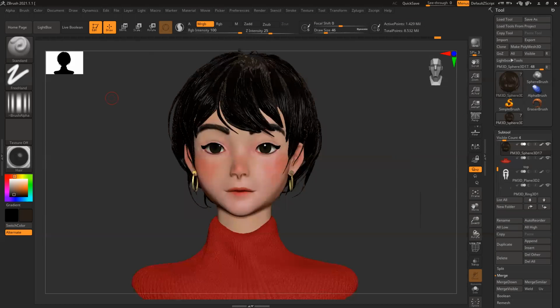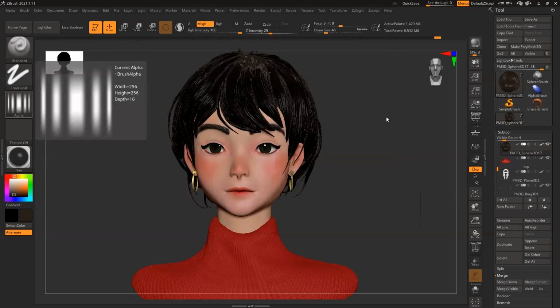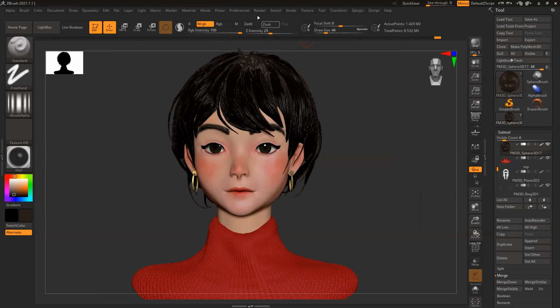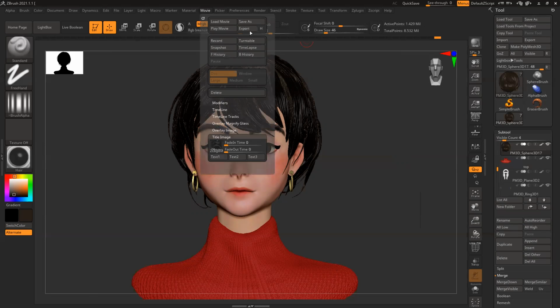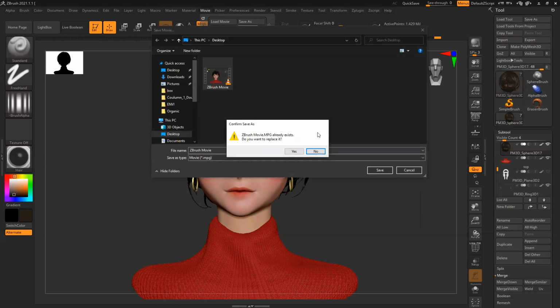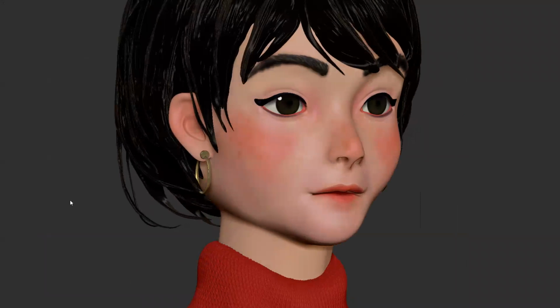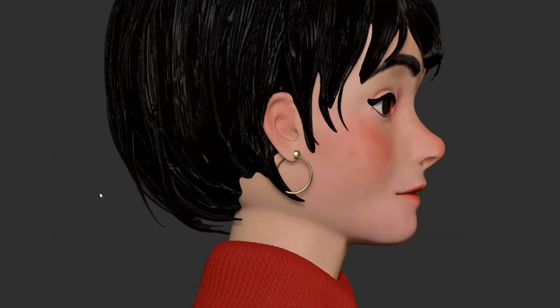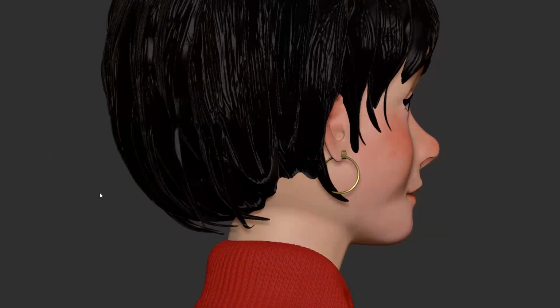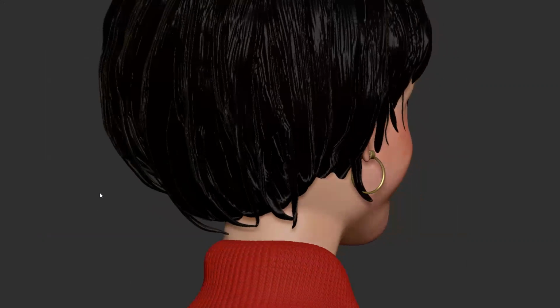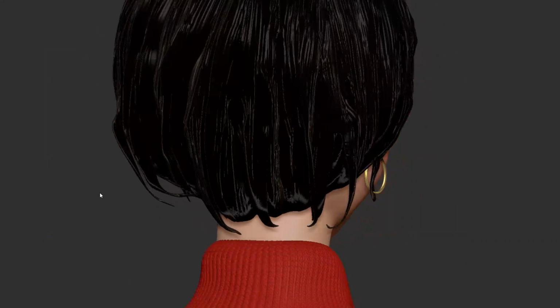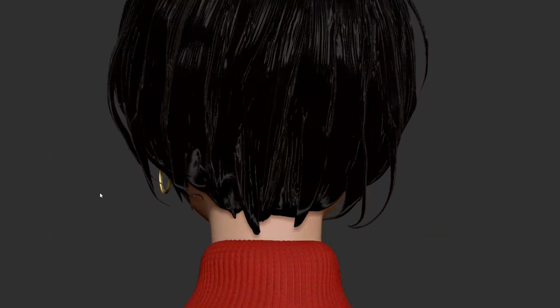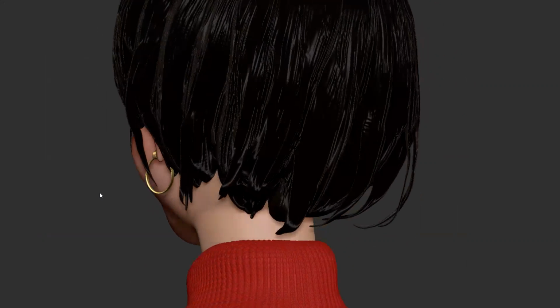Now if I open the video, oh, I have to export the video now. Export, overwrite it. You can see the size is really huge, based on the document size. So like this, you can generate a really huge render, a really high detailed model. But in this, there is one more option.